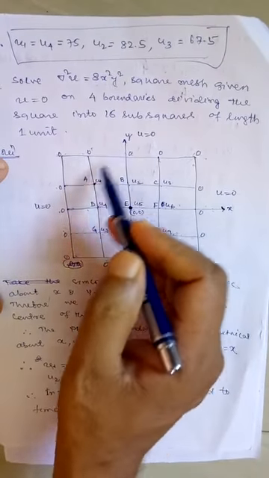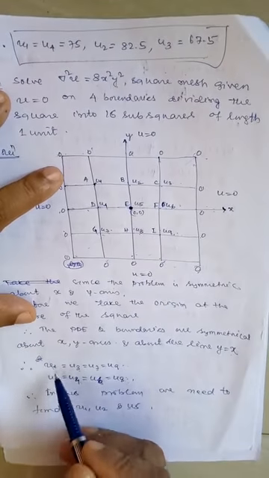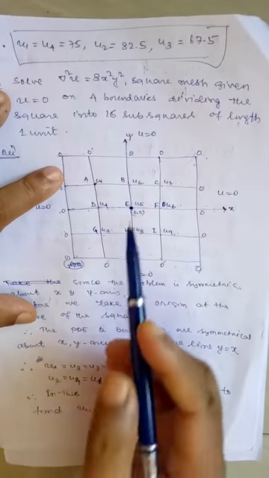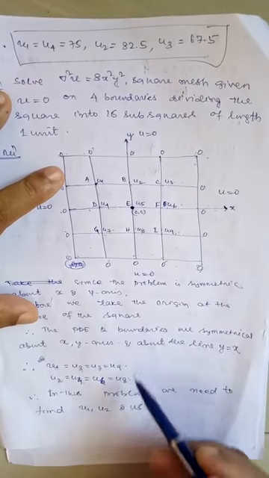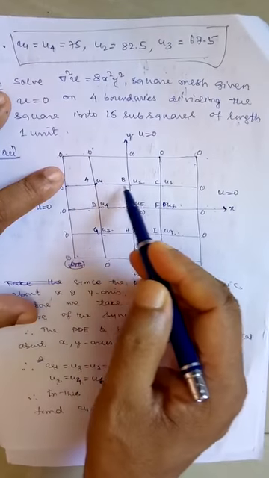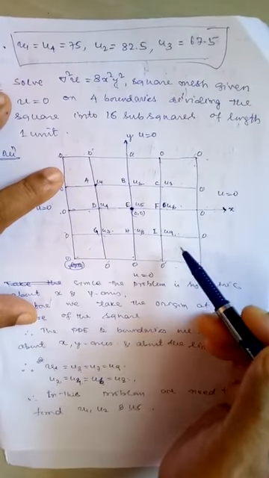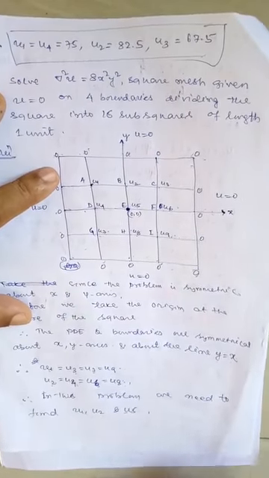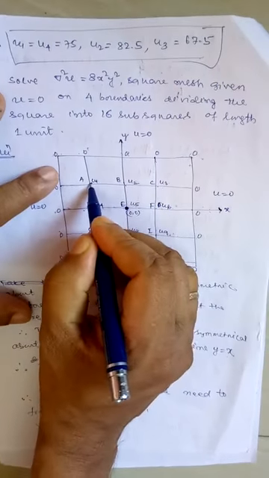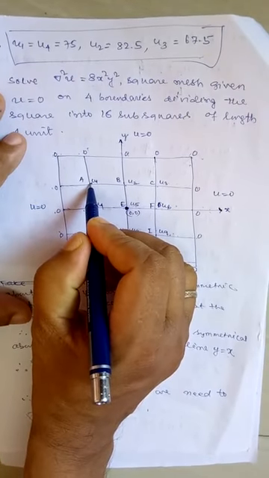Now before going to find the values, as we know the relations are given here, we basically have to find three values. If we find the values of u1, u2 and u5, that is equivalent to finding the values of u1, u2, u3 and so on, up to u9. So how can we find them? Let us find out the solution at the grid point A.